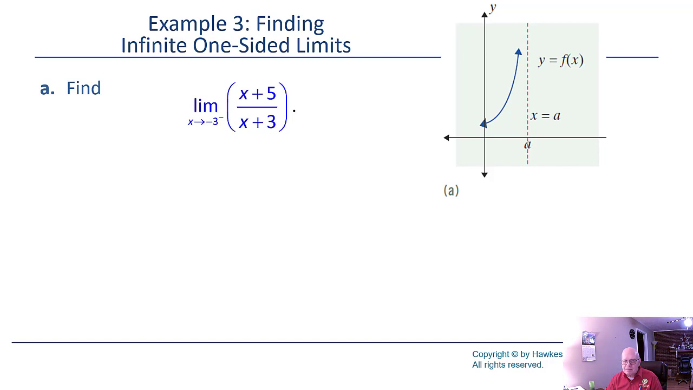One-sided limits. So what we have here is we're approaching -3 from the left side. So where's -3? -3 is back here. And we want to find out,